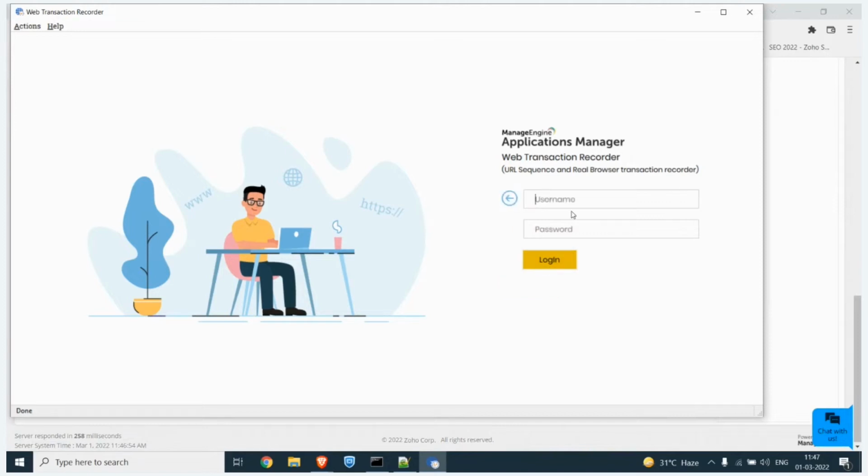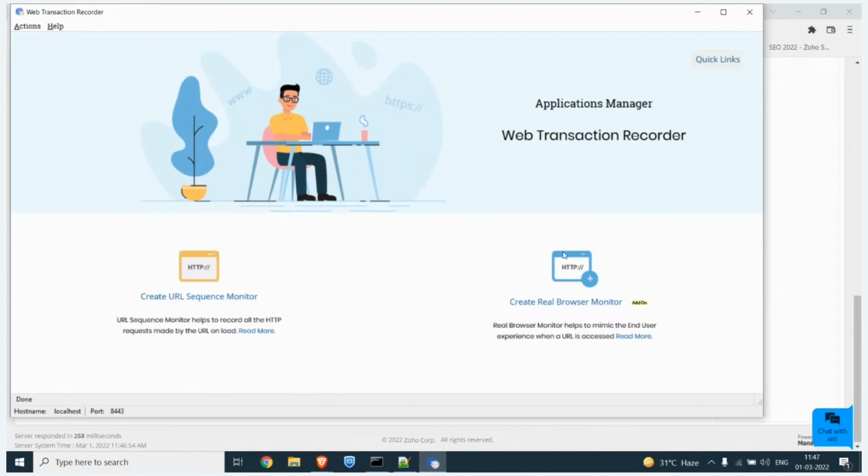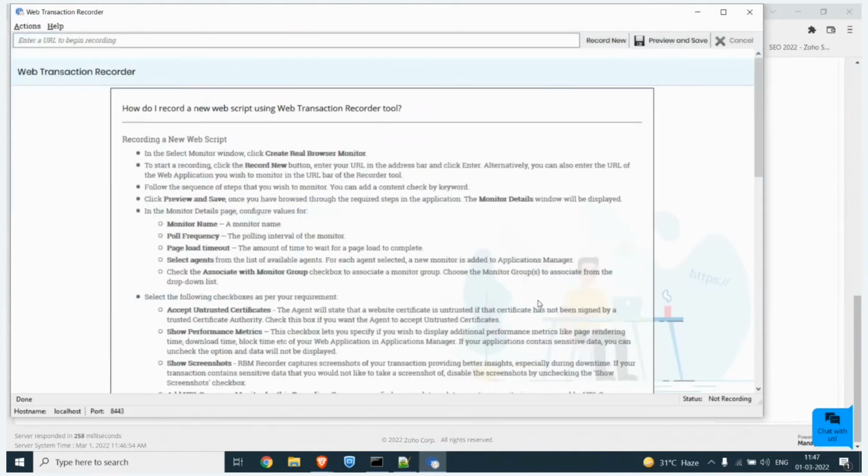Then you will be prompted to enter the username and password. Here you'll need to enter the username and password of Applications Manager. So here you have an option to create a real browser monitor.